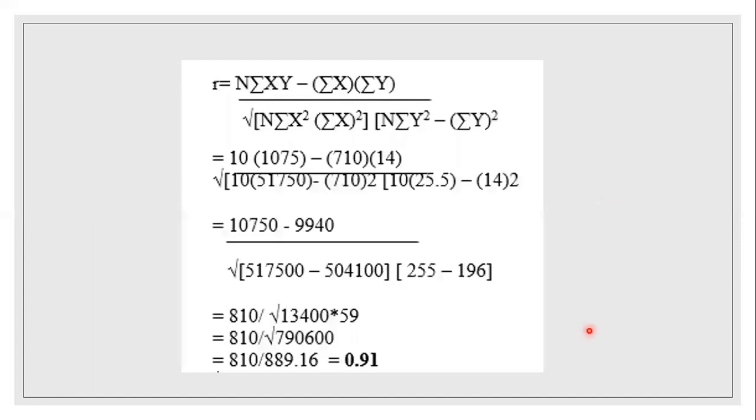And then again, we come back to the formula. It's n times the sum of xy, minus the sum of x times the sum of y. Then divide that by the square root of n times the sum of x squared minus, there's a minus sign missing here, the sum of x, all squared. And then we multiply that by n times the sum of y squared minus, again, the sum of y, all squared. And remember,